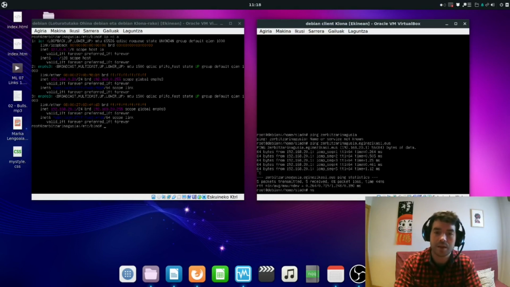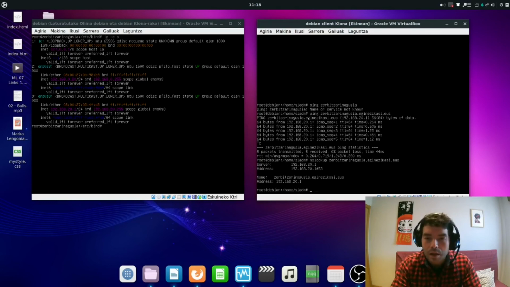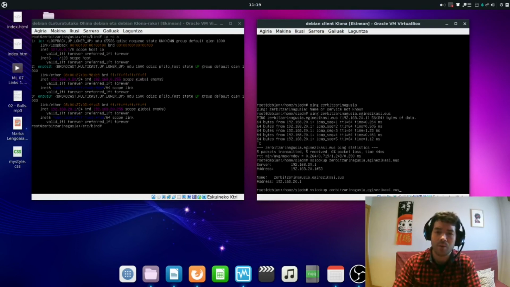I can use nslookup zerbitzarinagusia.eus. Which is the DNS server? It's 21 and it has information. The name is zerbitzarinagusia.eus and the address is 192.168.21. Then after that, if I want to use this one,